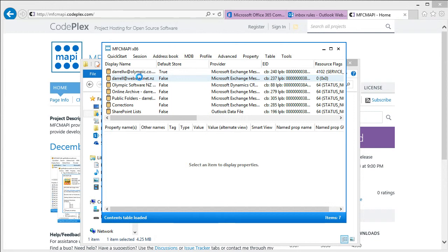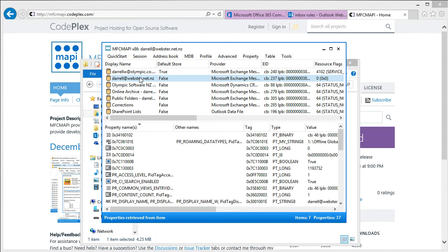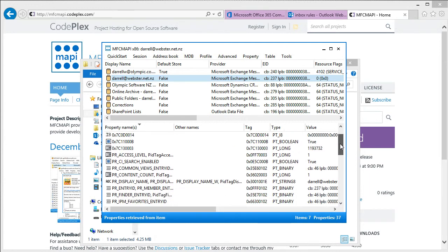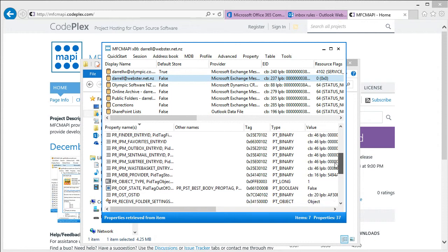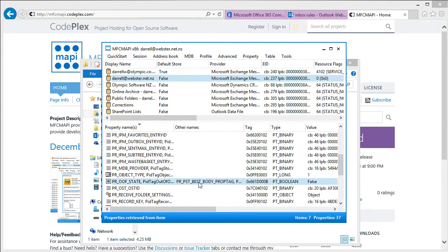So I'm going to look at the Daryl at Webster mail store, and this is the list of all the flags and various settings that are associated with that store. We're going to go down and look for the out of office state. So this is the one that you're after,